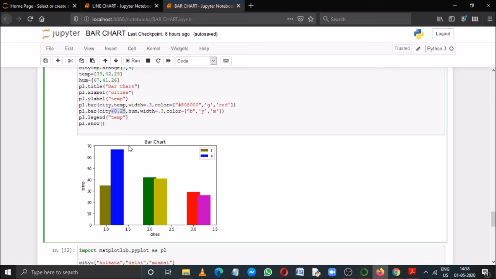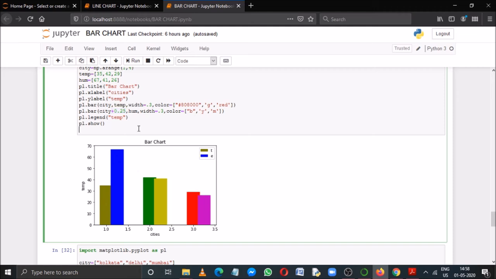That's why we cannot see the first bar values properly. Because for the first bar, this olive color, you can see its size is less than that blue color. So if that blue color bar collides with that bar, then we can see only the blue color. This thing we could not see in the previous one.